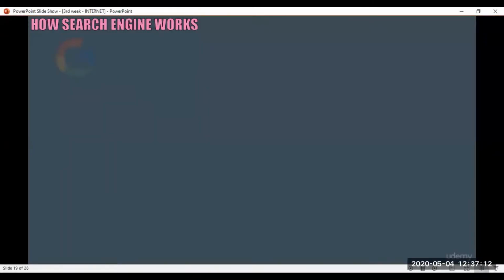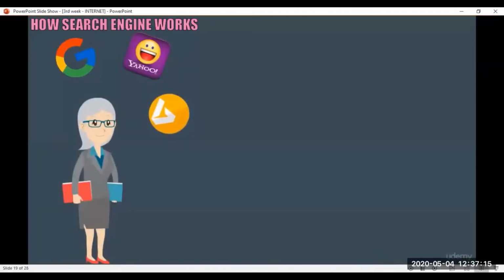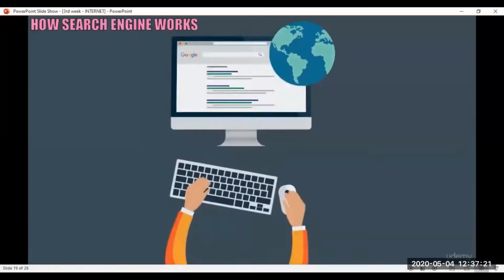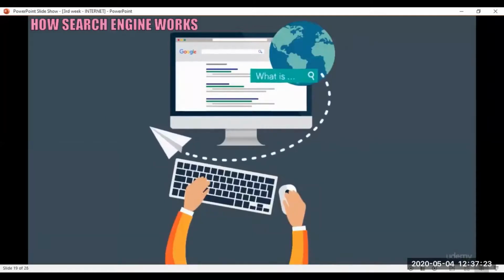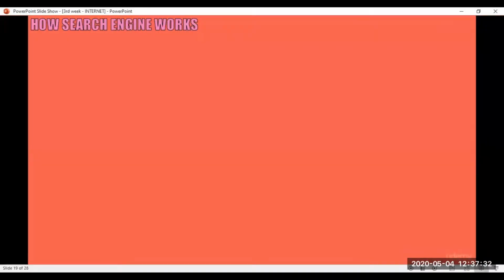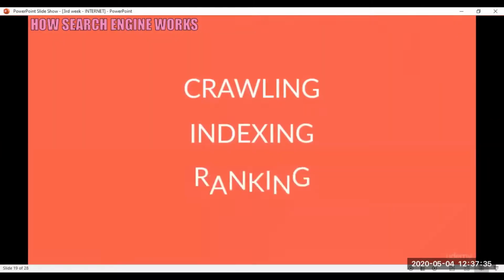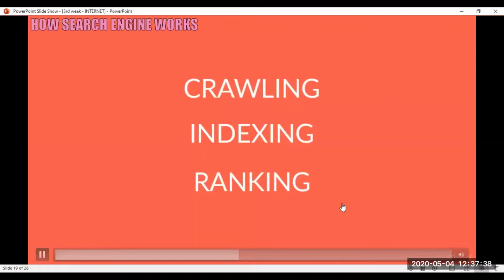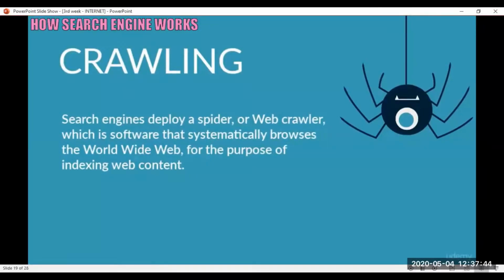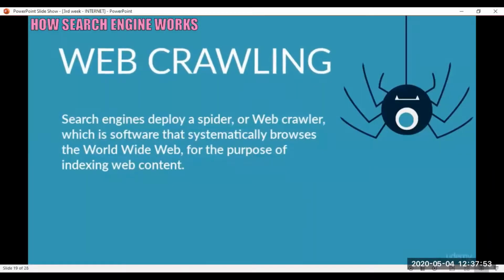Search engines like Google, Yahoo, and Bing are the librarians, and the giant library is the internet. And yes, search engines like Google have a system to collect information about every page on the internet to provide their customers with the most relevant search results. So there it is. The systems search engines deploy consist of three primary functions: crawling, indexing, and ranking. First, to locate relevant content on over 100 trillion web pages, a search engine deploys a spider, also referred to as a bot or crawler, which is a program that finds relevant information and builds a list of words found on each site, a process known as web crawling.